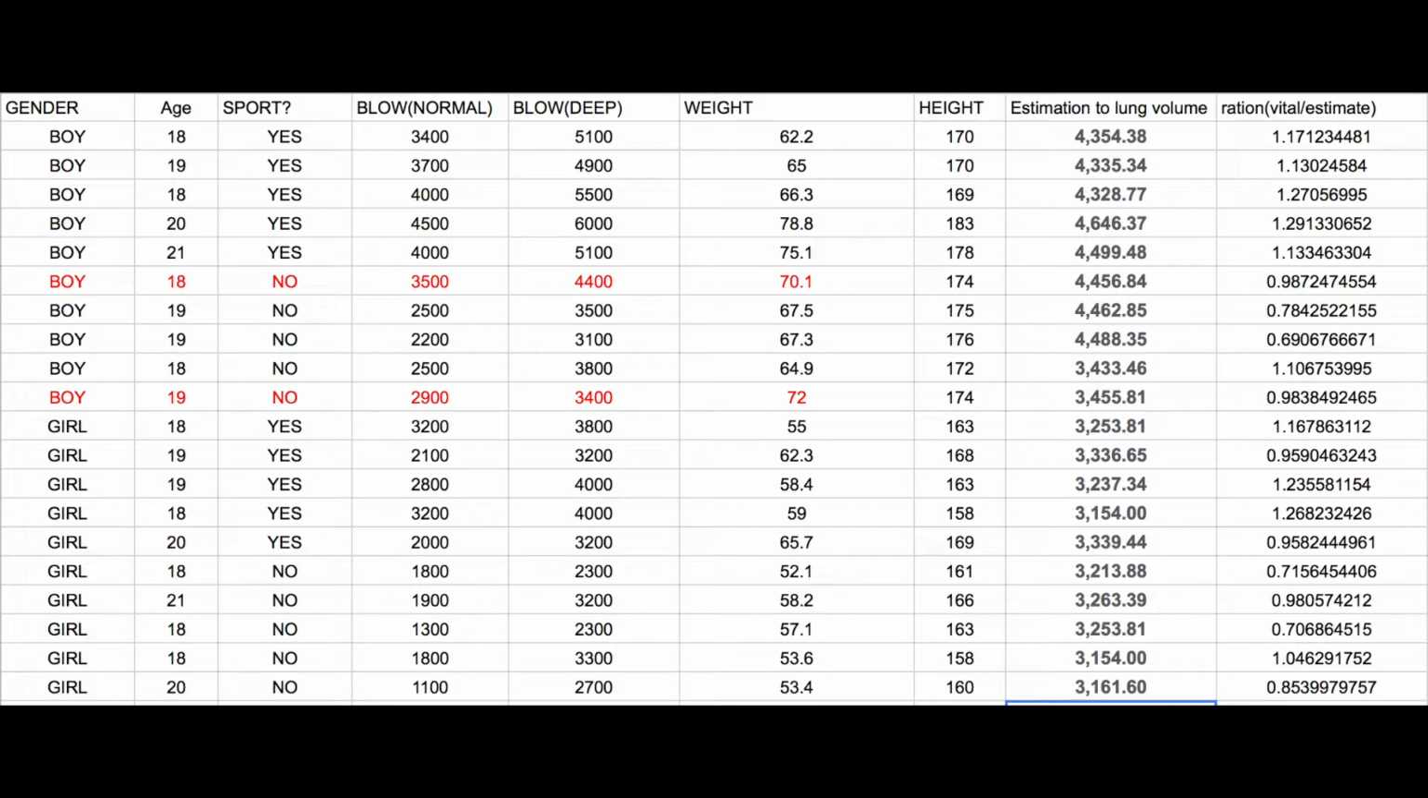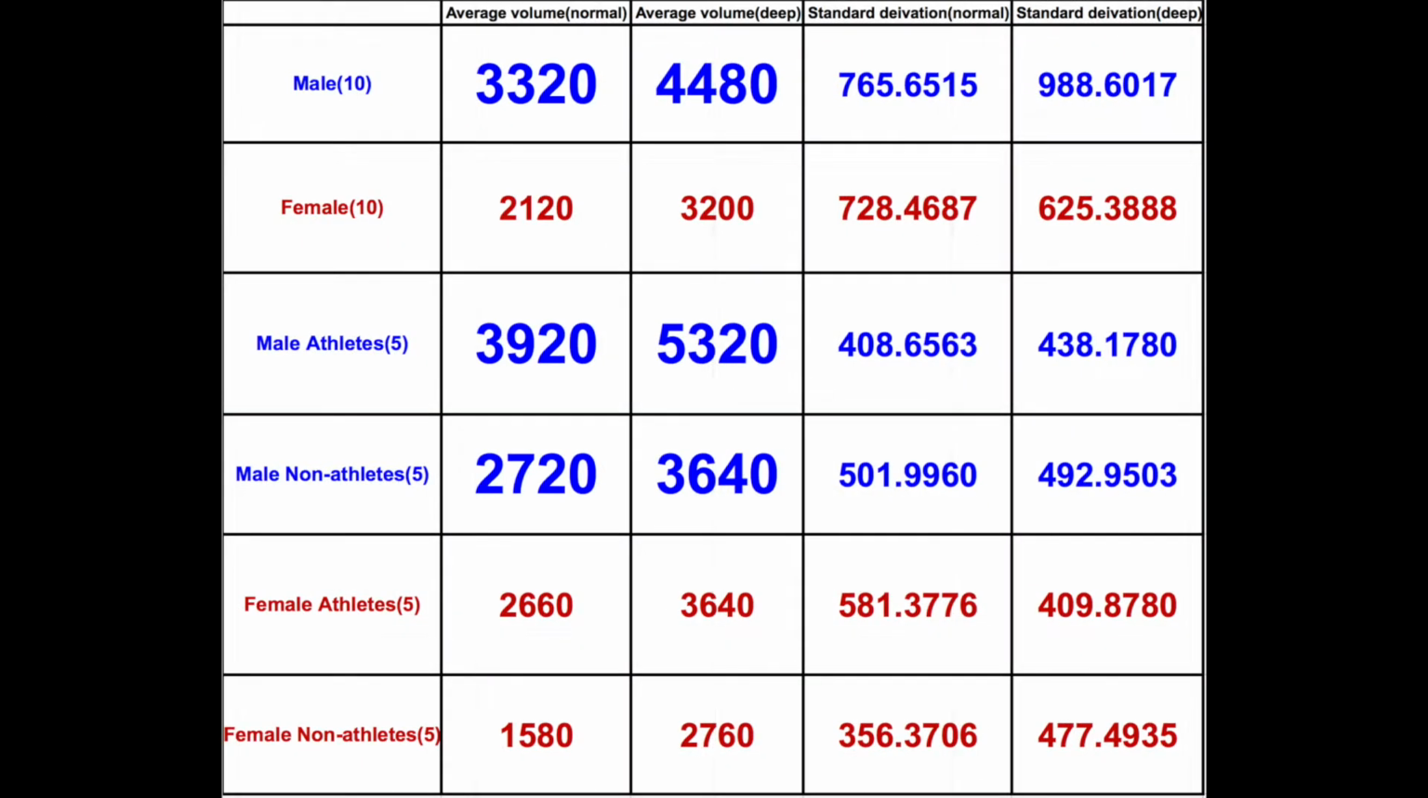From this table, we can observe that the average balloon diameter of male participants in both normal and deep breath are higher than that of female participants. Also, the average balloon diameter of male and female athletes in normal and deep breath is greater than that of